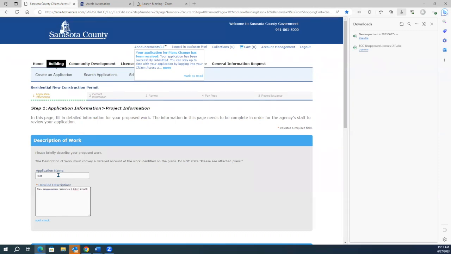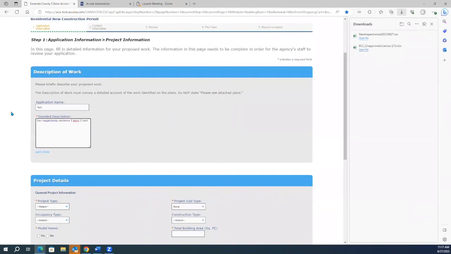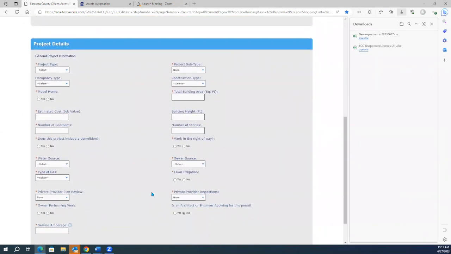You could put anything that was identifiable and identify this particular permit. And as you can see, these red asterisks, this is a required field. And these are all the project details for your permit. And again, we have the red asterisks on the ones that are absolutely required, and other things that if you know it, please enter it. If you don't, you certainly can skip it if there's not a red asterisk. So we'll go through each one of them.